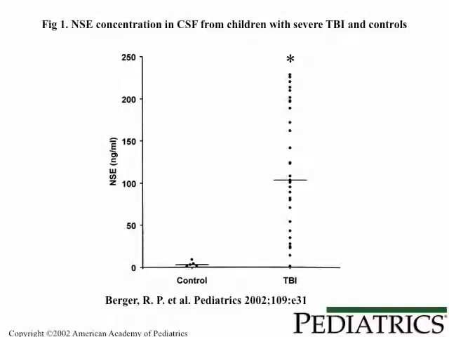And in this case, in children, they were using this to try and identify kids who were particularly high risk from their brain injury. And this is CSF data. The blood data is a little more compressed. But here you're looking at nonspecific enolase in patients who had severe traumatic brain injury. And in the control CSF, it's essentially close to undetectable. And here you had this incredible spread, which is, by the way,